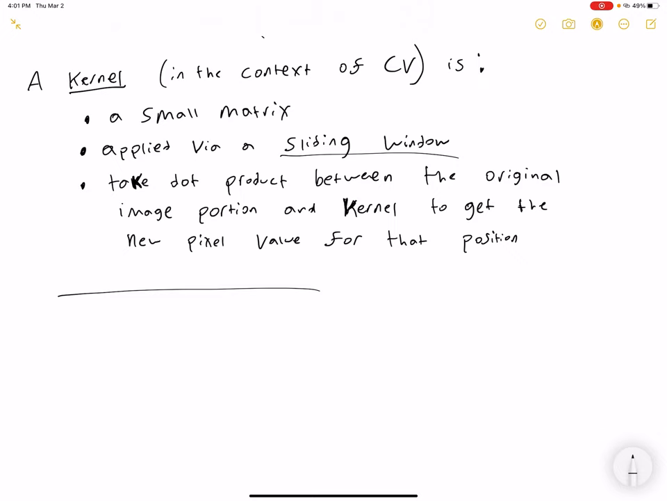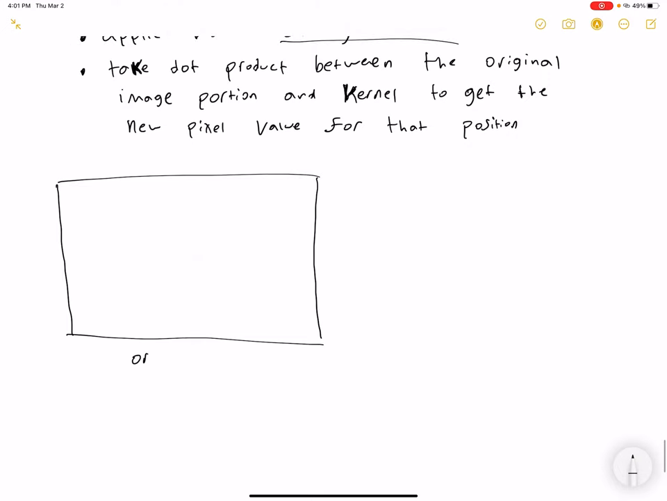So we'll do an example, but first let's just see this visually. Sliding window. Yeah, we'll go through that. So let's say that this whole box is the original image, and we have a small 3x3 kernel, which is a different matrix. We take the dot product between the kernel and that small portion of the image, and then